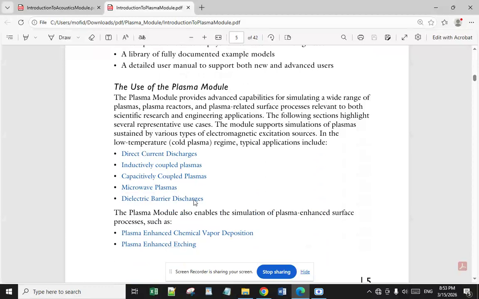The module supports simulations of plasma sustained by various types of electromagnetic excitation sources in the low temperature cold plasma regime. Typical applications include: the first one is direct current discharge, the second one is inductively coupled plasmas. The third one is capacitively coupled plasmas, the fourth one is microwave plasma, and the last one is dielectric